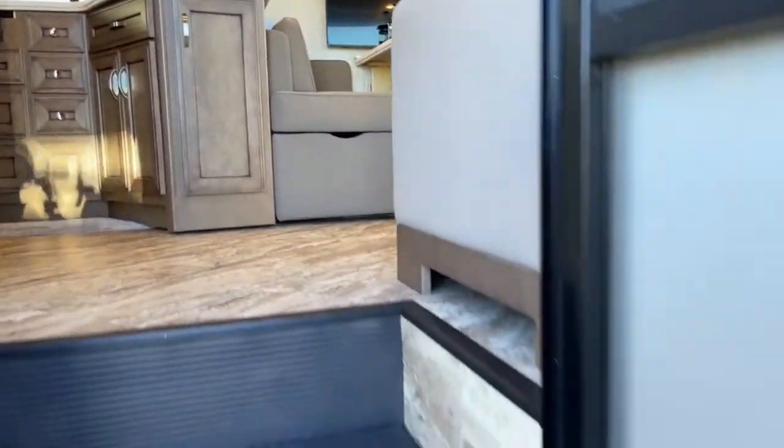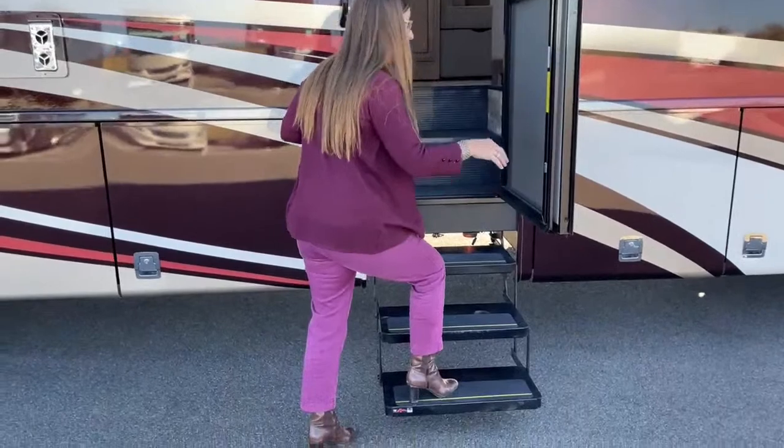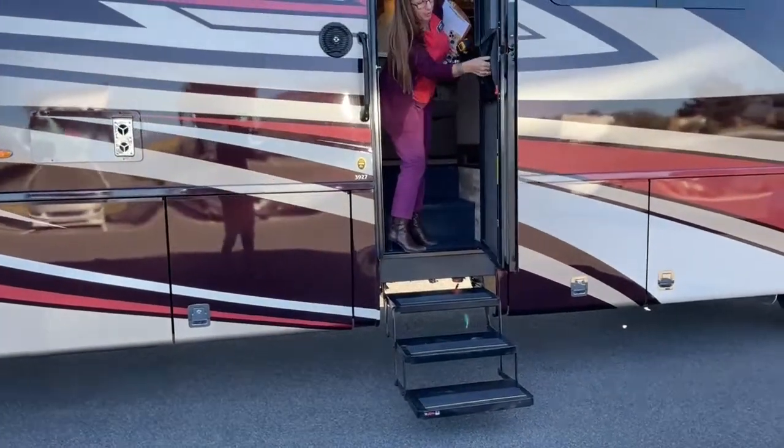And before we leave this doorway, I just want to pop in here and show you, first of all, I love this 3-step system. It gets all the way down to the ground. So you can see it's a very low step here. And then on top of it, one of the features that I like the most